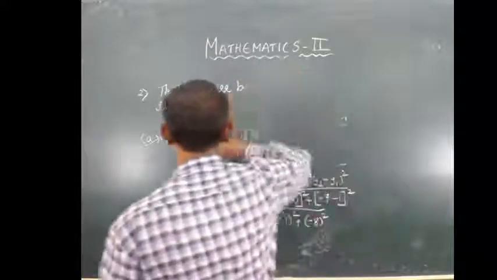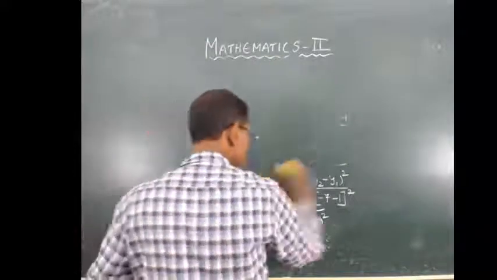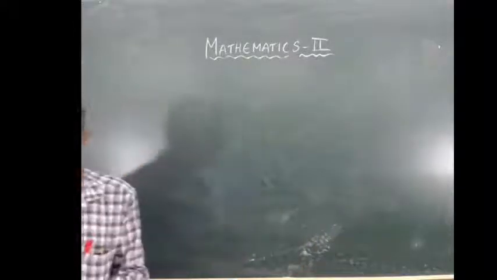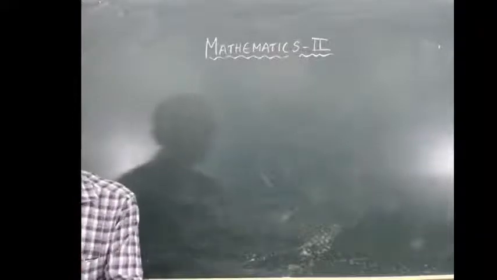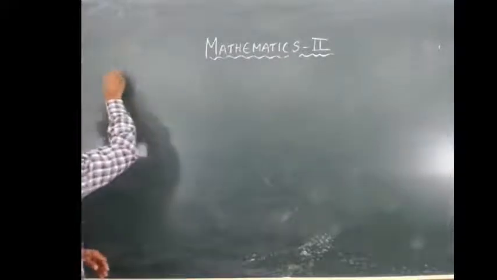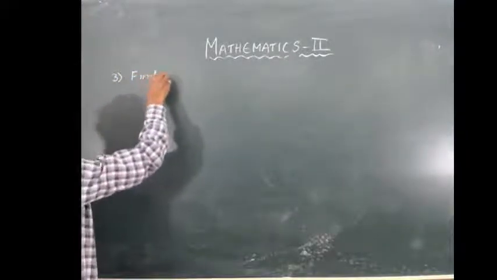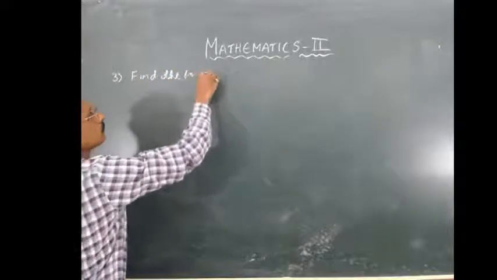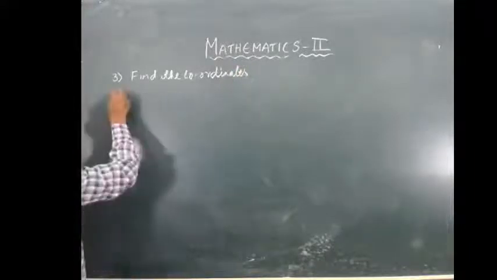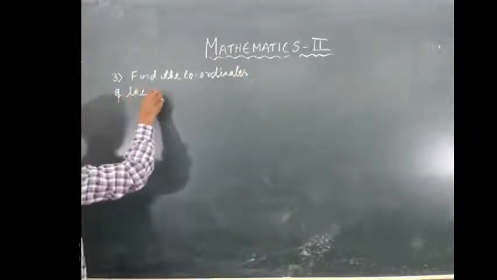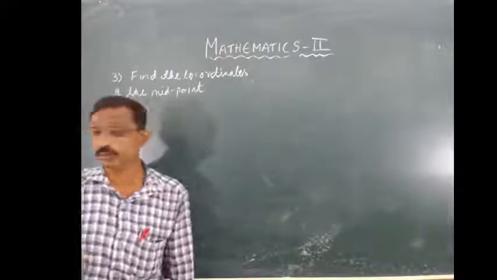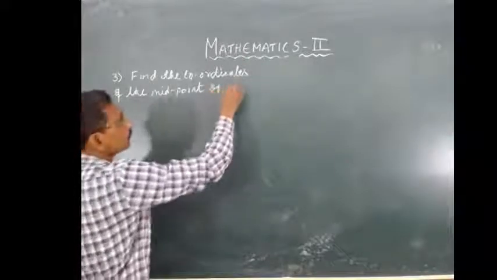What does the third one say? We will check it out, and it also has 4 options, and we will select the right option from the given ones. Let us find the coordinates. Third one, find the coordinates. Now, whose coordinates are we going to find? Find the coordinates of the midpoint. We are going to find the coordinates of the midpoint of the line segment